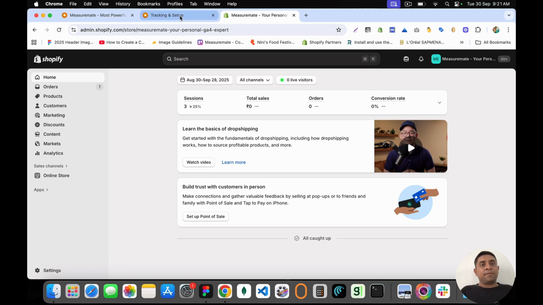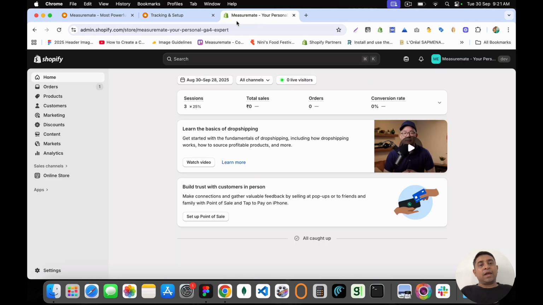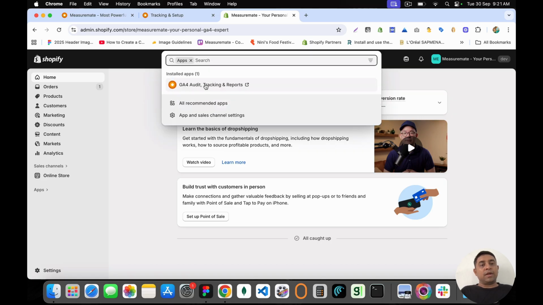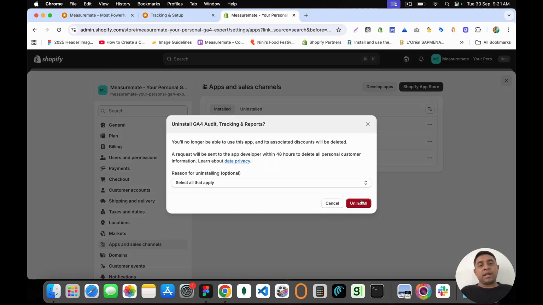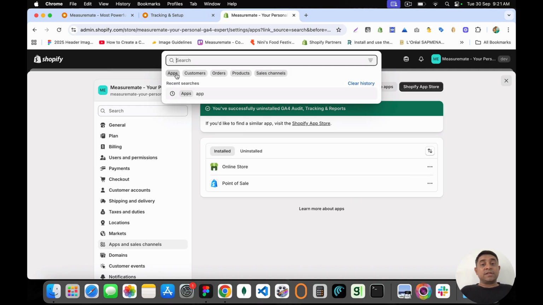For my apps to work on Shopify stores, you will ultimately land on the app selection page, right? So if I tell you more about apps, you can go under apps, you can see the installed app. But if you are new to Shopify tracking, you need to go to apps and sales channels. For example, maybe I'll uninstall this for a while so I can give you a better idea. Now you can also install it from